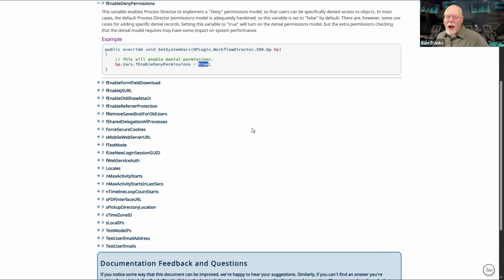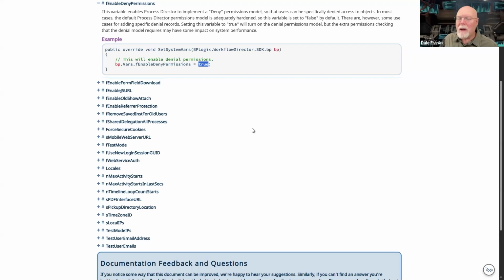Generally, for a normal system, you will never need to do this. And if you can possibly avoid it, you want to avoid it because deny permissions are expensive. When you turn on deny permissions, then every time someone accesses an object, Process Director has to take that object and then go through the deny permissions list to ensure that the person trying to access that object can actually access it.